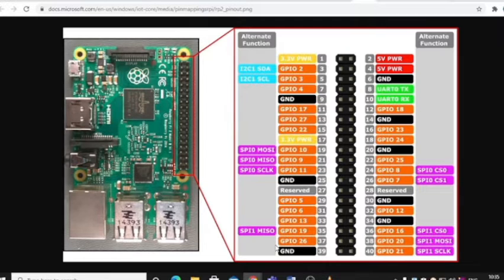Right. For example, if you want to connect an LED, then you can use one of the GPIO along with the ground pin, and then you can write the code and control that GPIO. So in the next part we will see how to write code, how you can actually connect the LED with this device, and how the LED will turn on and turn off from Python programming.